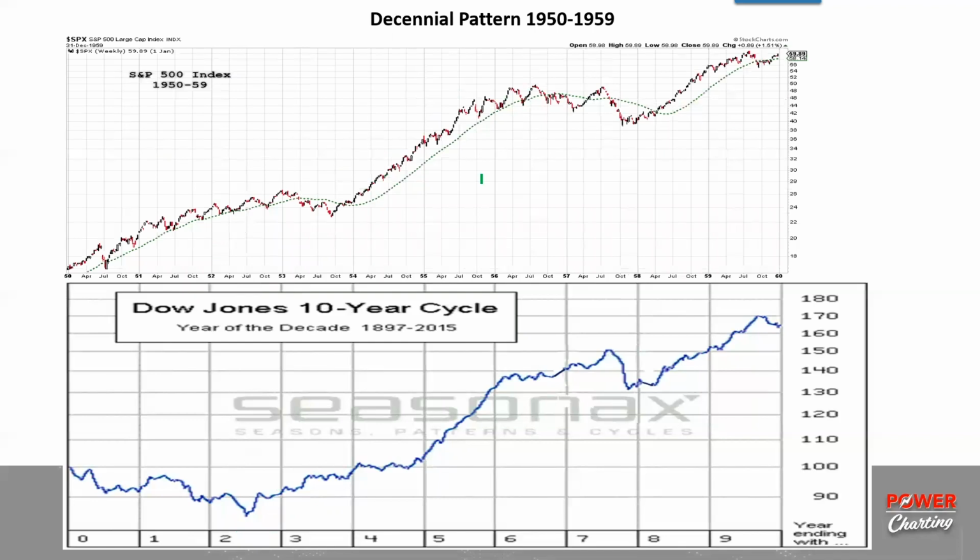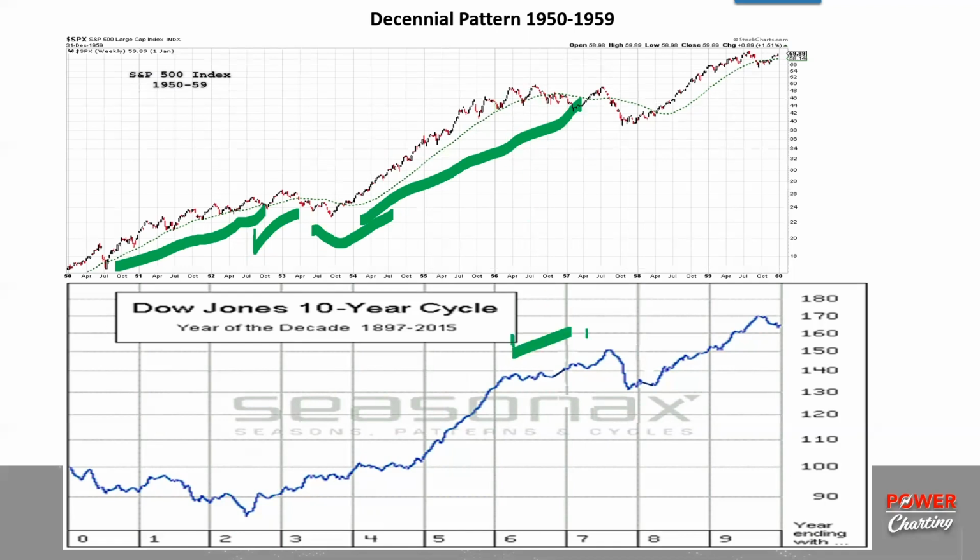So you can see there's variation. Here are the Eisenhower years. Eisenhower's elected in 52, and here there's a general uptrend in the early 50s, not a downtrend. An important low is made in 53, and then of course a beautiful uptrend follows in 54, 55. This period here really followed the decennial with an important peak here and then a very sharp decline into the